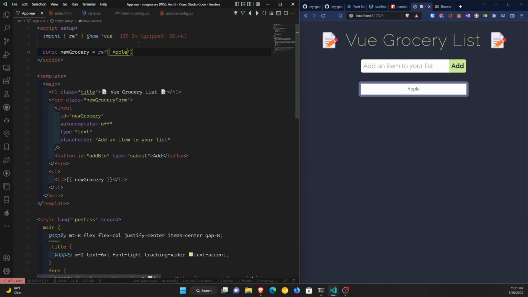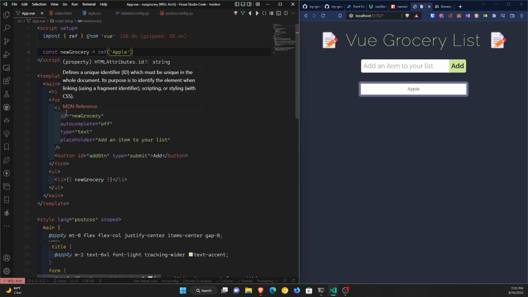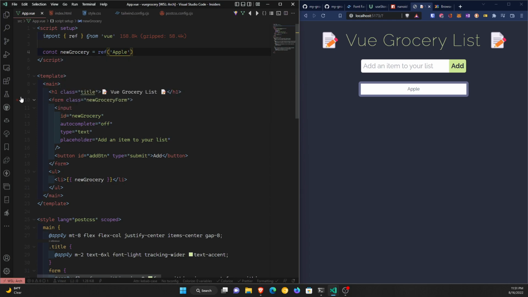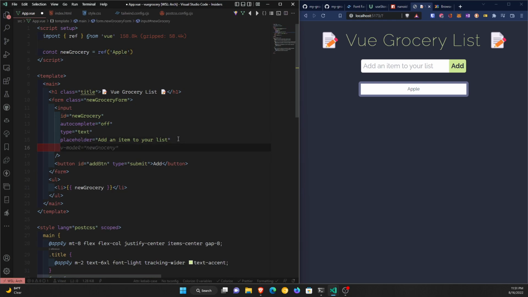But not only that, we can actually tie it in a two-way binding to input boxes. For example, this one, and we can do that through the v-model element. This will allow us to tie this reference that we have, and it will be a two-way binding. What it means is it will get the current value that it already has and inject it from here all the way to here. But at the same time, this element will allow this one to change, and that will inject back and change the value. So if I save this,